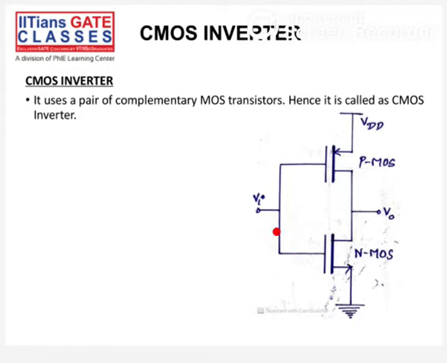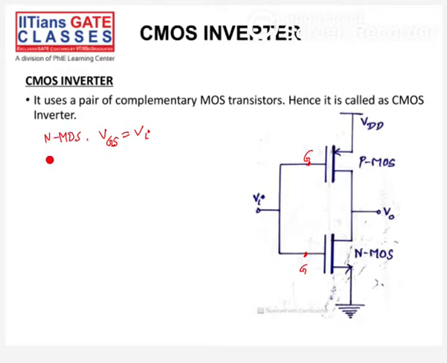So here we can see for NMOS, VGS, G is the gate terminal here. Just I will mention all. Here we can see this is the gate terminal, this is the gate terminal. These two are gate terminals here. So VGS for NMOS, what will it be? VI. We can see for NMOS, VGS will be VI. Okay.